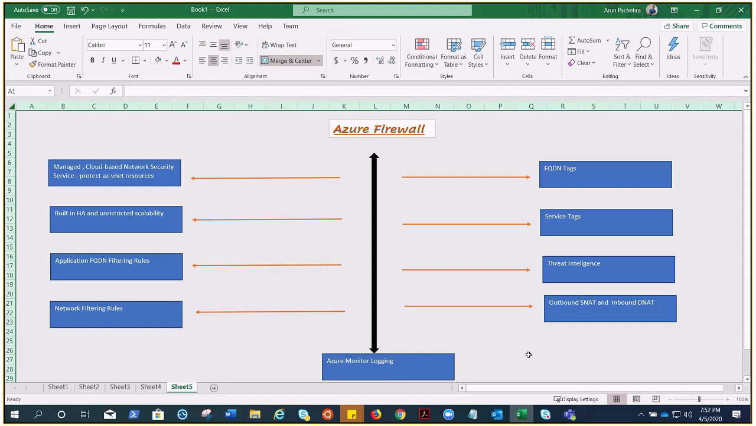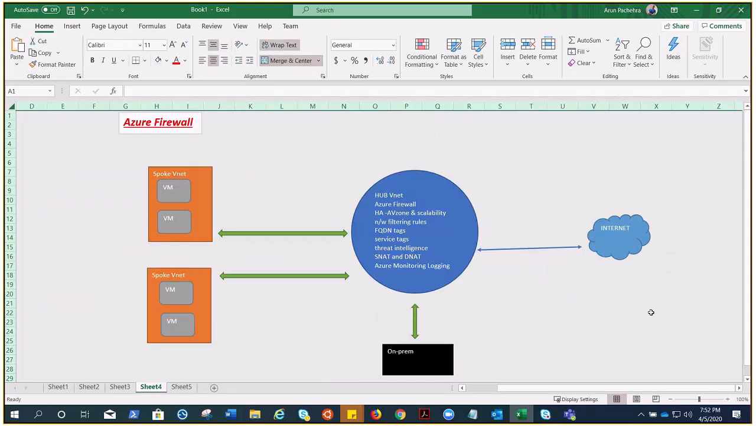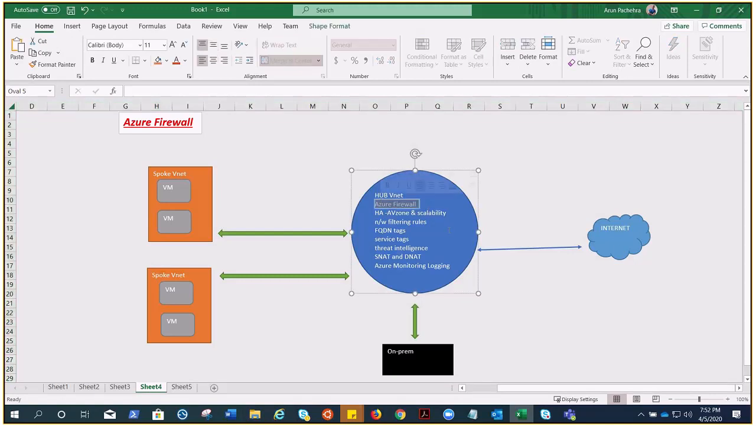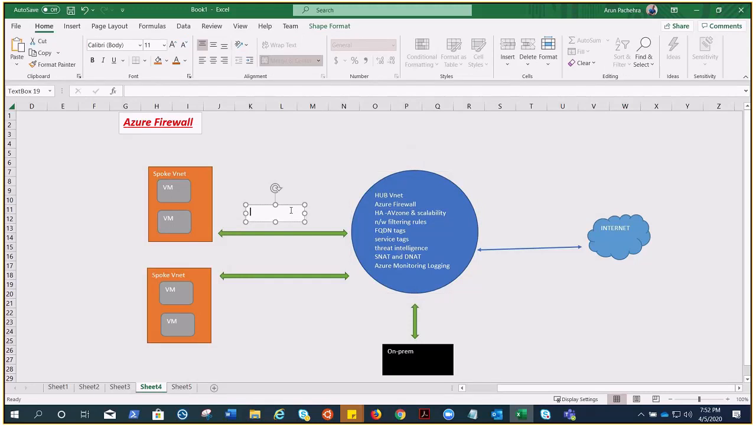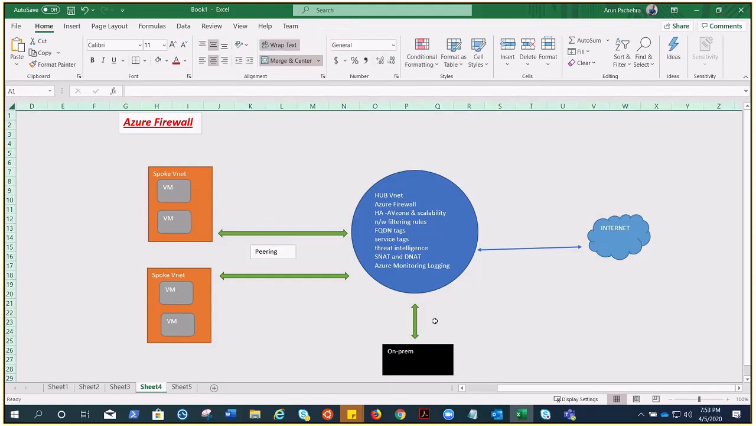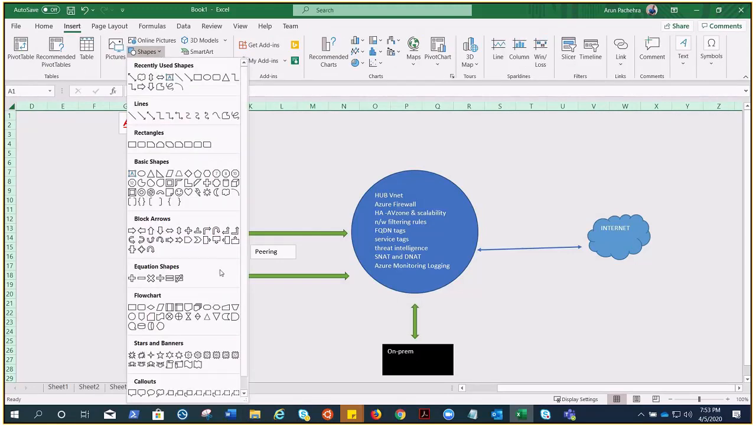Now let me take you through the architecture quickly, it wouldn't take much time. As I said, we always place Azure Firewall in the hub virtual network, the centralized one. So this is our hub virtual network, this is our on-premises, these are our spoke VNets, and these are the peerings happening. Let me write this down so that it would be easy for you to understand. Peering. We have site-to-site connectivity here,